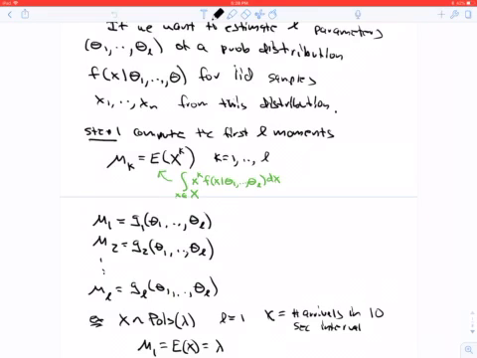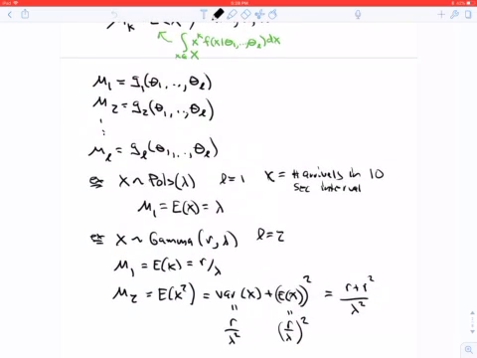So we compute the first L moments to get a system of equations, and the kth moment is the expectation of X to the k, which by definition is an integral involving theta. So to calculate the expectation, we need to know theta. So these moments here are